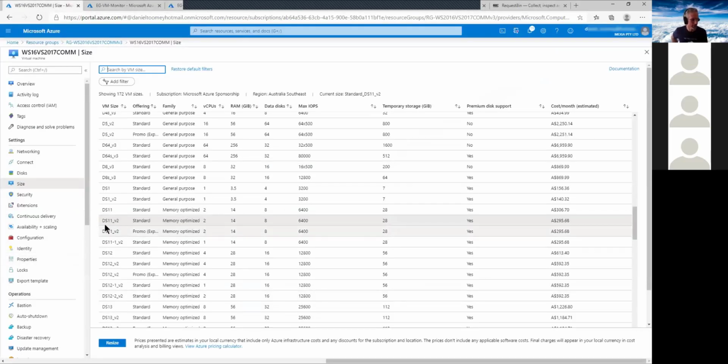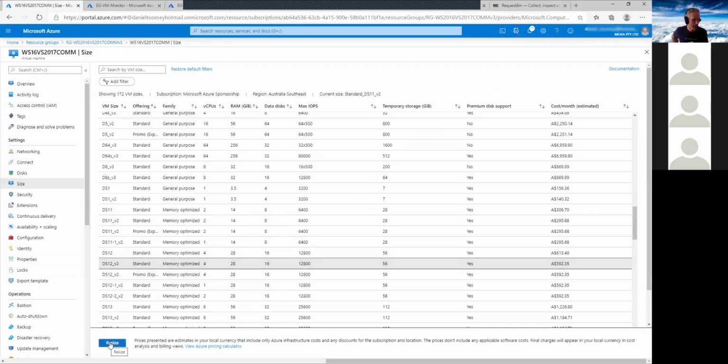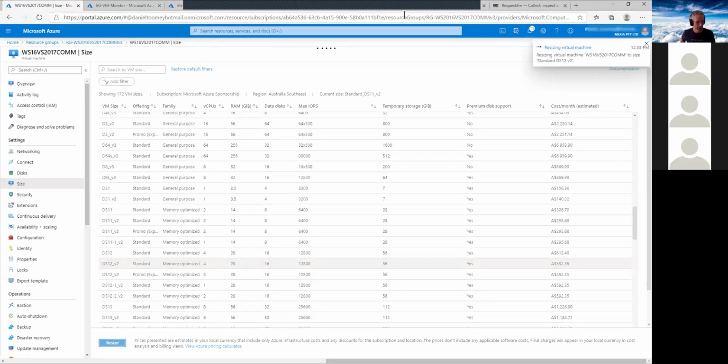You can see that right now it's a DS11, which is an allowed size, but I'm not really happy with the 14 gig of RAM. I'm going to decide I'm going to make this DS12. So I'm going to go ahead and resize that machine. Now, while that's running, and it takes a couple of minutes to do it, I'm going to show you my